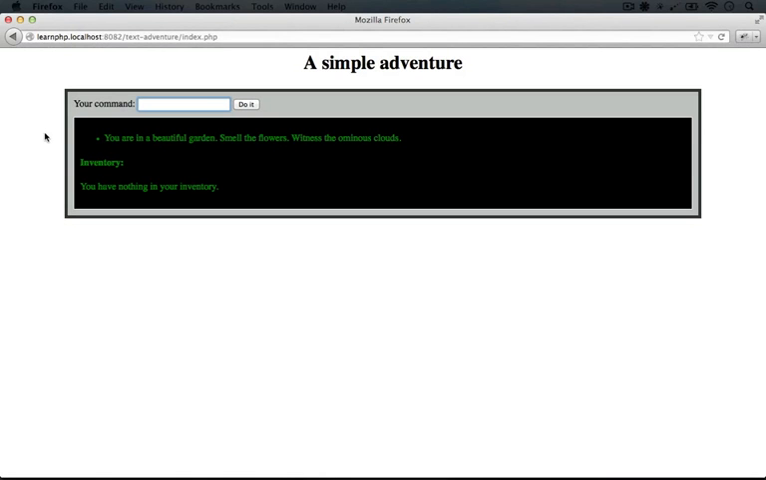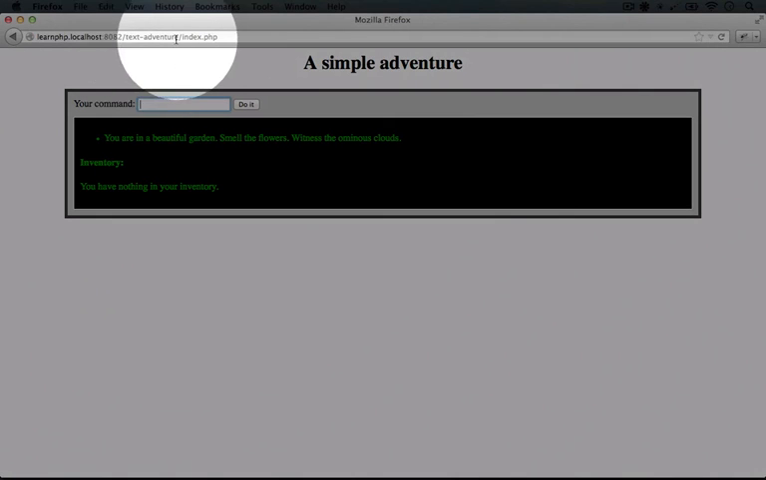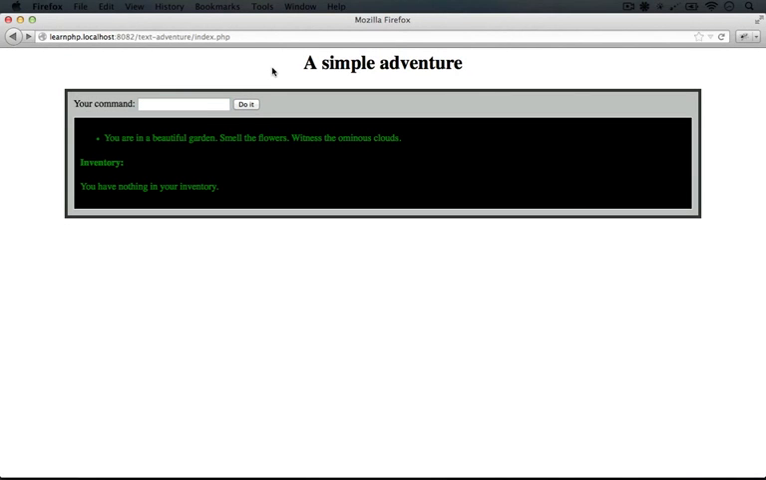Now we've refactored the code in a couple of different ways, and one of the things that we've done is moved the output into an index.php file. You can see after we submitted this form that we landed on text-adventure/index.php. As you begin to work with CMSs and make more complicated web applications, you'll see this index.php or index.html